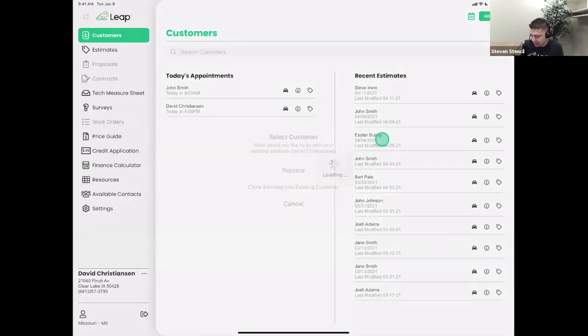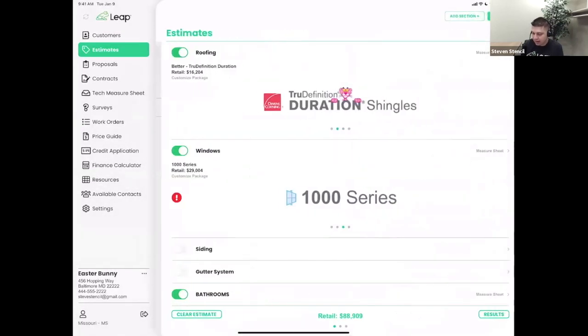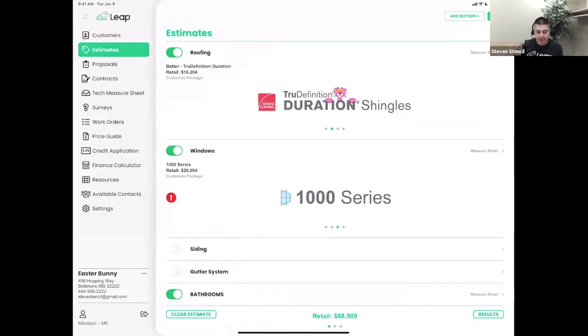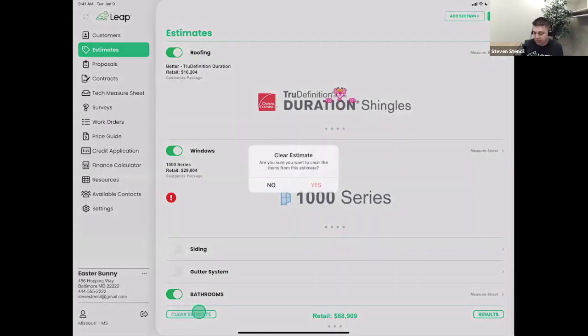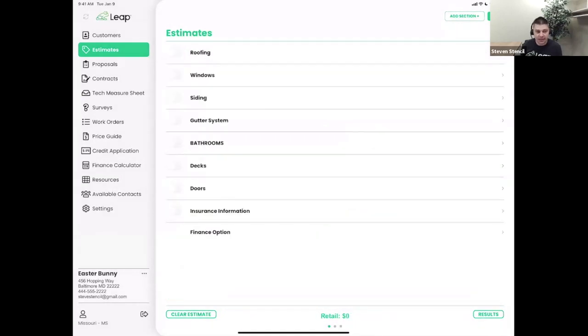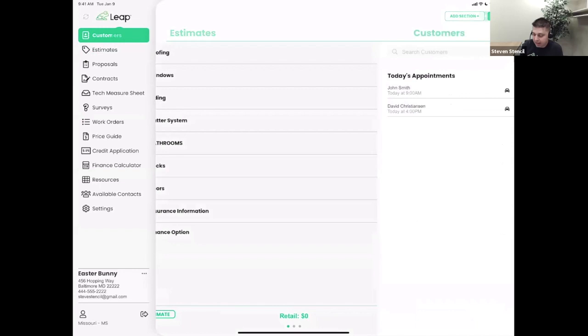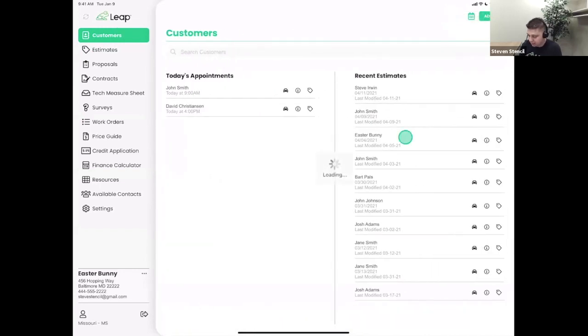So let me go in here and bring in the Easter Bunny. And you see this has a bunch of values in here. In the bottom left-hand corner, it says clear estimate. If I tap on that, it clears all the measurements out of that estimate. So if you do this, those measurements are gone, you're not getting them back. If I come back here to customers, let's load, oops, let's not the Easter Bunny, let's do Steve Irwin in